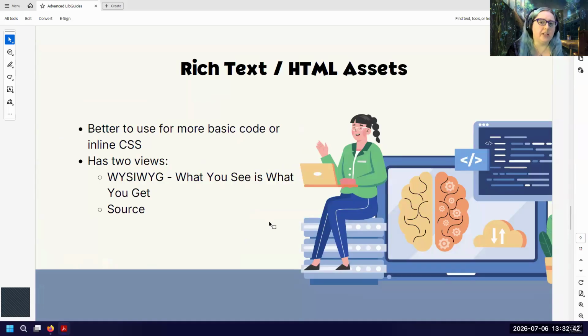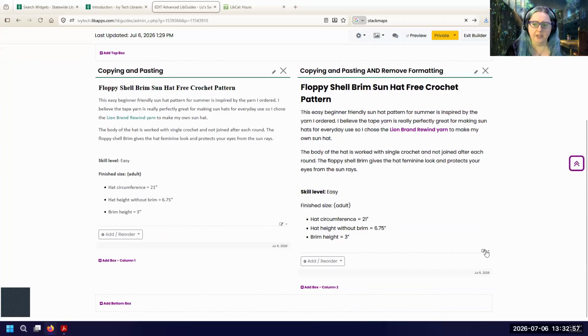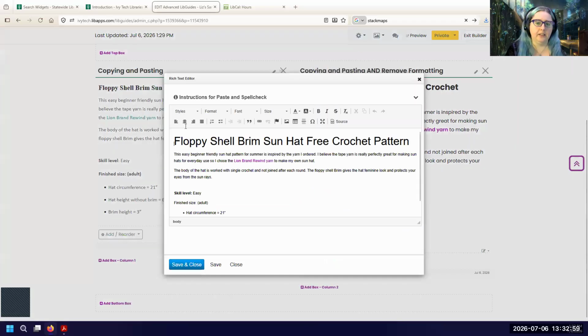The rich text HTML assets we looked at are better for more basic code or inline CSS. That's where I added the CSS to the top of my box. Okay. And those two views that we were looking at, if I come into my box, this is called